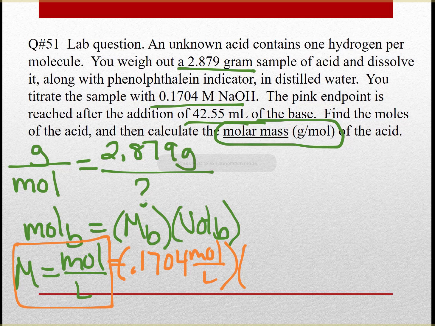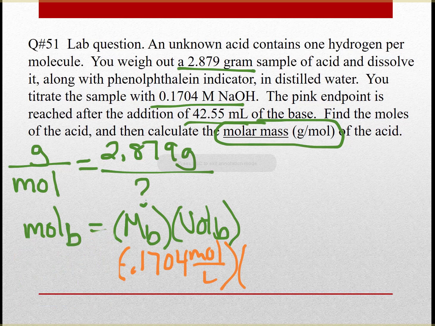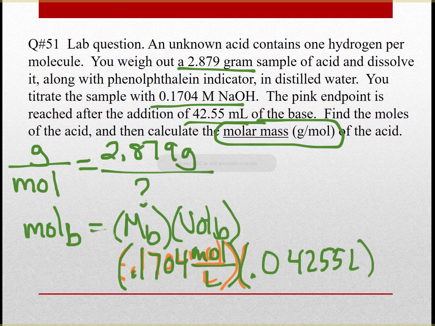I'm actually going to get rid of that formula. I think it's just in the way. So we have 0.1704 moles per liter. And we have our volume. And I do want to have it in liters this time, and that's because I don't have that combination equation. So this is how many liters there are. So divide by 1,000 or move your decimal over 3. And when I do my calculation, the moles I get of base are